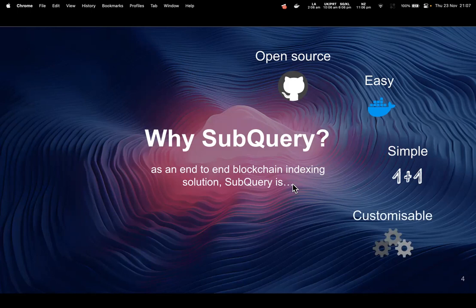It's also very customizable because you can specify the exact data that you need from the blockchain to power your application. And when you specify just the data you need, it actually becomes quite fast and lightweight. It's also feature rich. There's lots of things you can do with the Subquery SDK. Example was historical state querying.